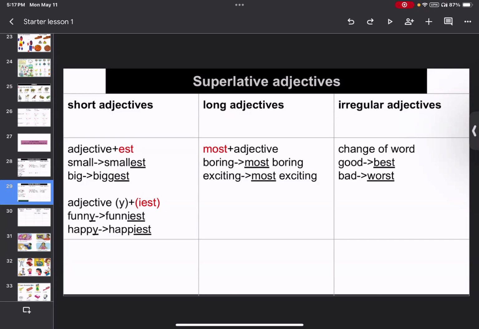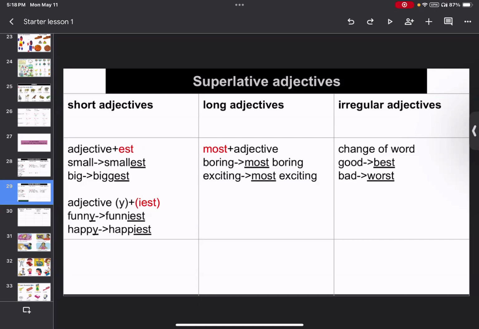Then superlative is like the most or the biggest of anything, the top or the highest, in a higher form. For example, small is small. Then smallest means the small of the small. Then big, biggest, like the big of the big. Like in Russian you use самый, like самый маленький, самый большой.